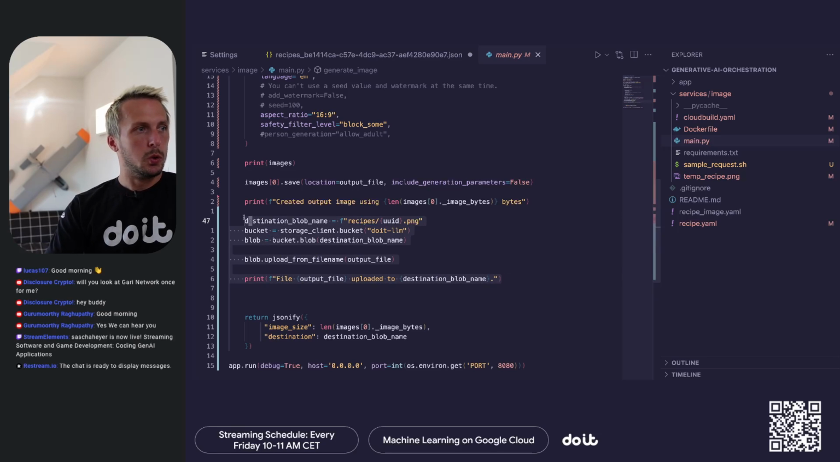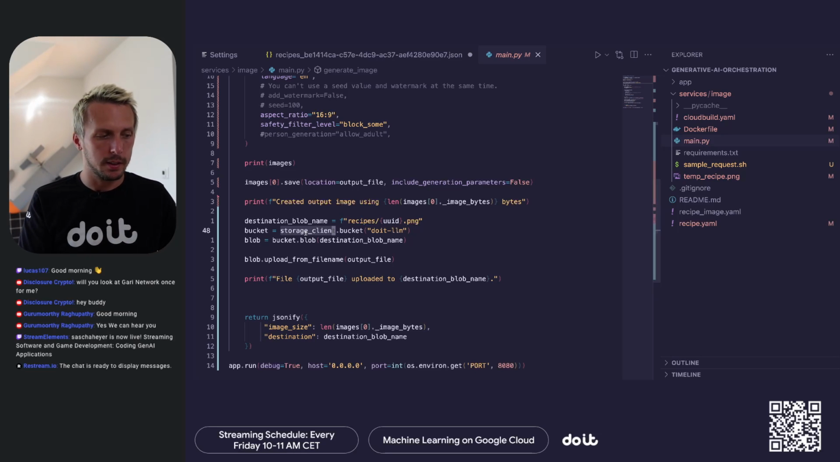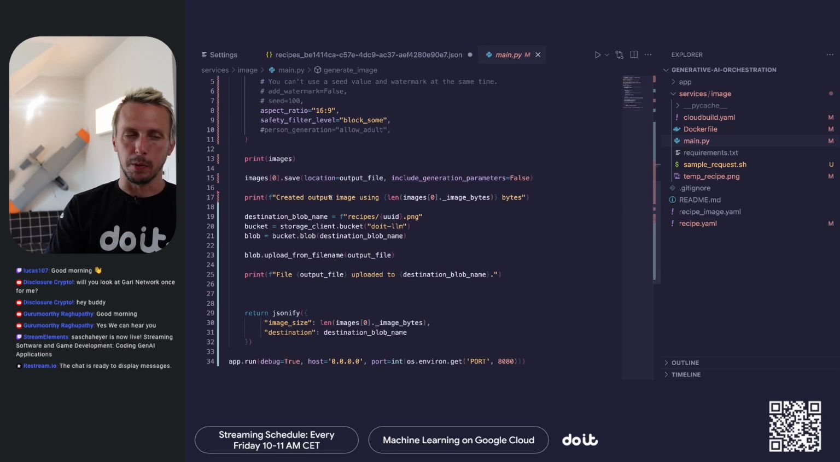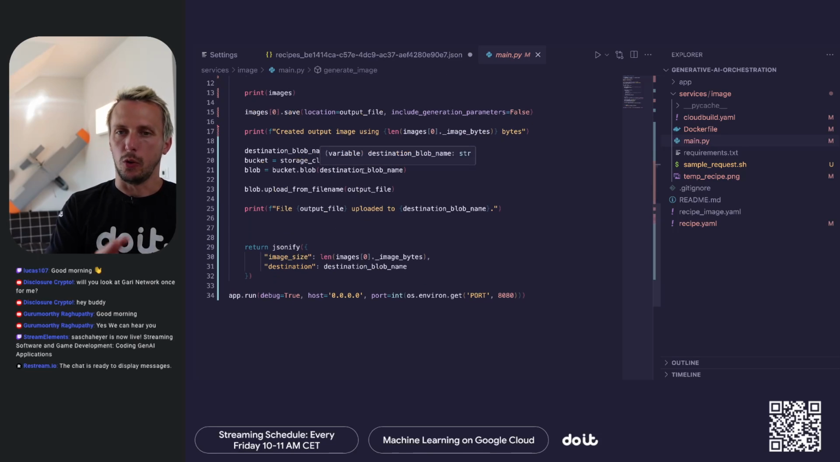And we upload this to Google Cloud Storage. For that, we use the storage client SDK. I'm doing this here in Python, but those libraries, those SDKs for generating the image, for uploading it to the Google Cloud Storage bucket, they are available in basically almost any of the most commonly used programming languages. So you could also do this in Node.js, in Ruby, in Go,